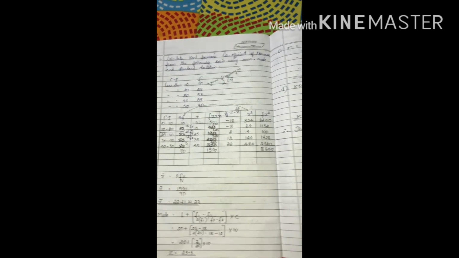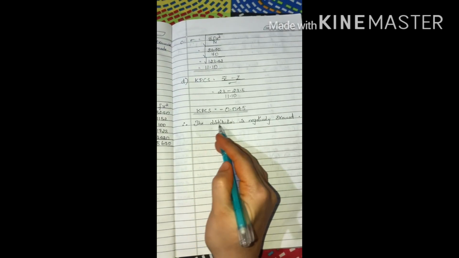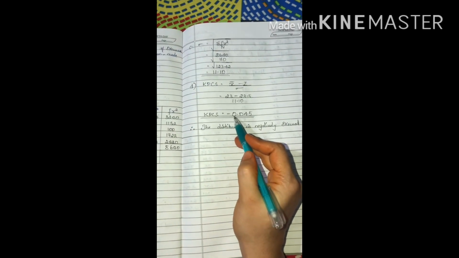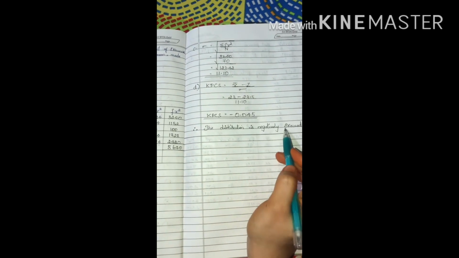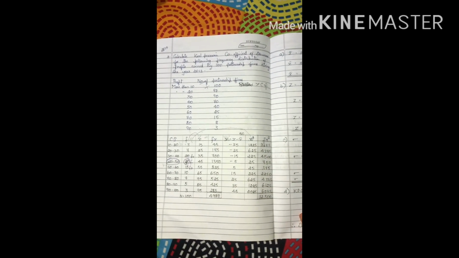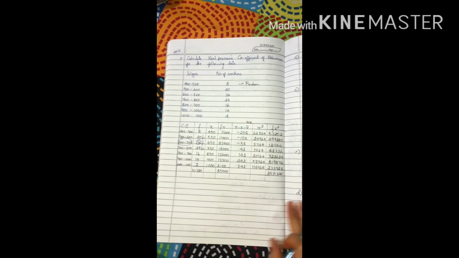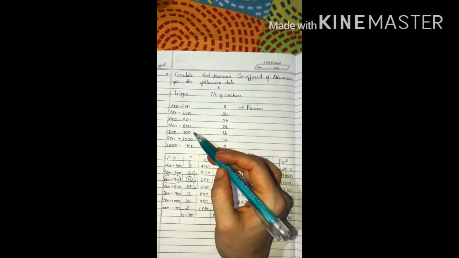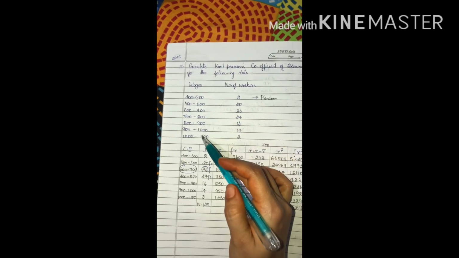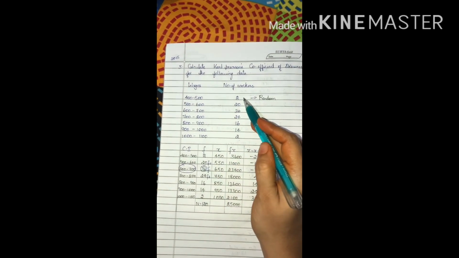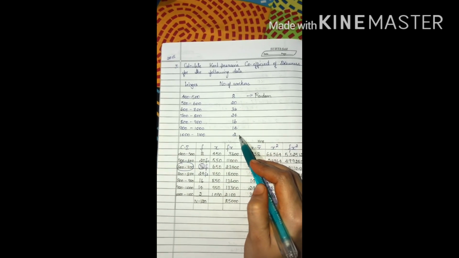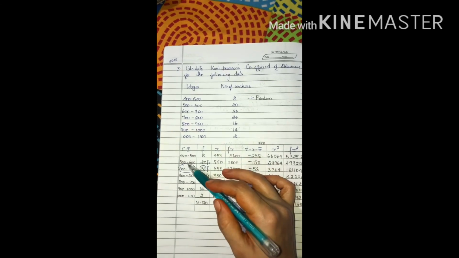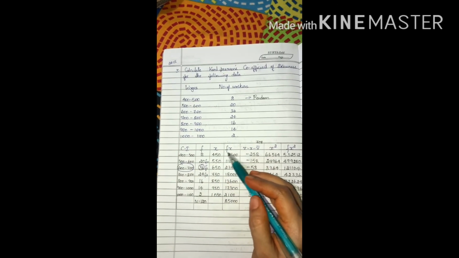Another point to remember is always please remember to give a conclusion. See, in this you got minus 0.045, then the conclusion is the distribution is negatively skewed. Only this kind of problems are enough, because so far they have not asked you any other kind of problems. See, in this question they have given you directly the wages, class interval, and number of workers, that is the frequency. So they have already given you the actual frequency. You need not identify the frequency. Write the data as it is and just go with the next step.